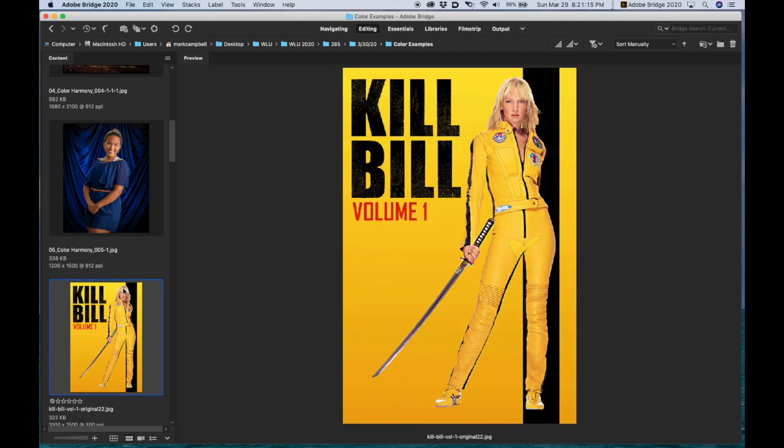Sometimes you'll see very bright, very monochromatic color, other than the words "volume 1," pretty much, and a little bit on the patches that she's wearing. Pretty much everything in this image is yellow and black. And that yellow being very overpowering is a way to command attention,